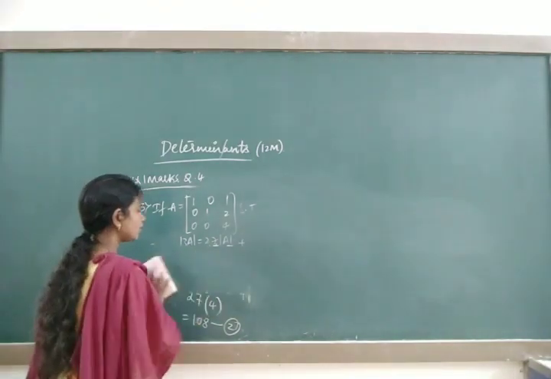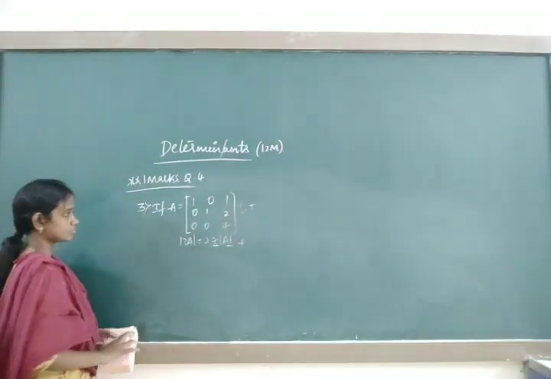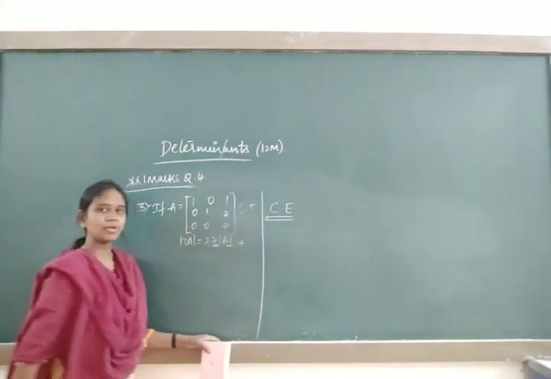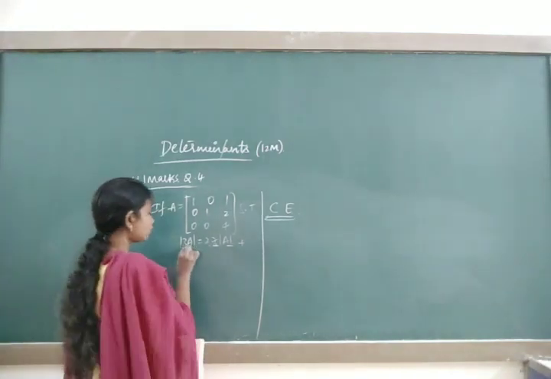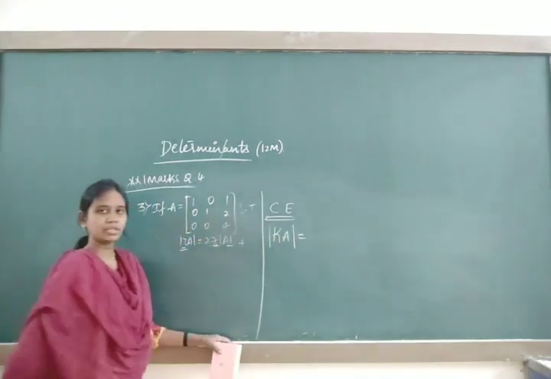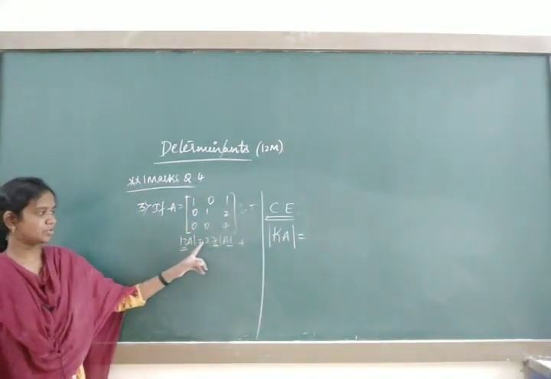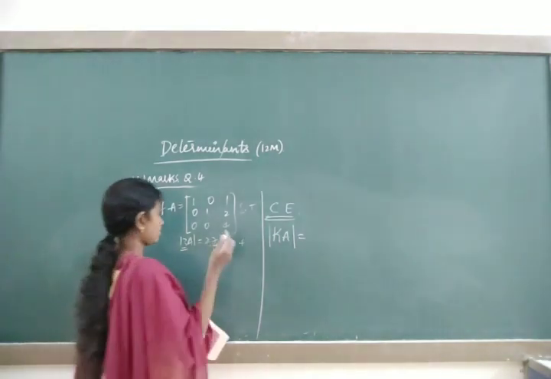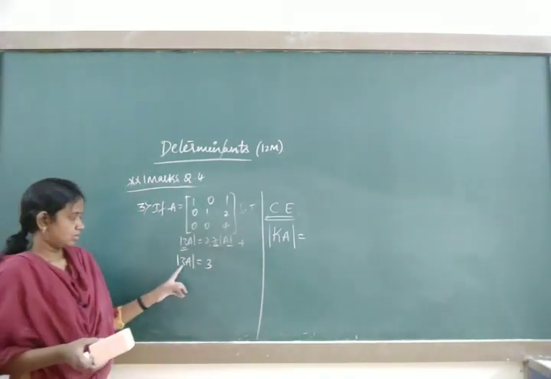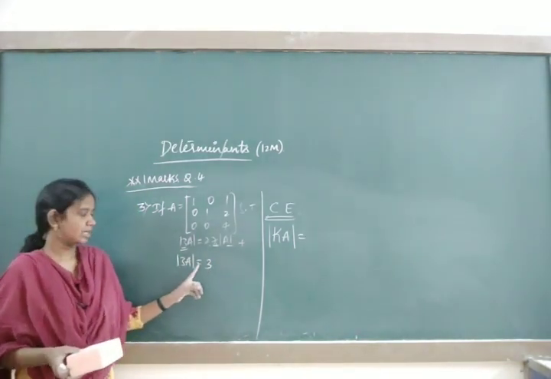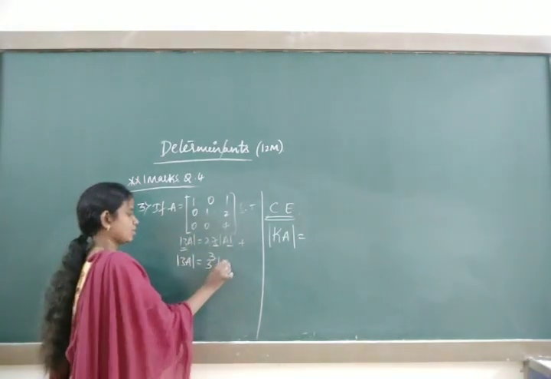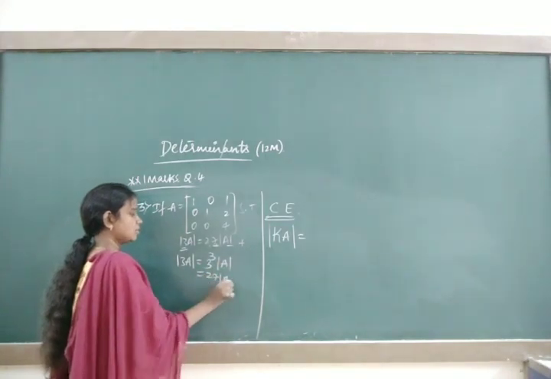Now from this we can write a general formula for competitive examinations. Instead of 3, if you take determinant Ka, see here, 3 means you write 3 here. This can be written as determinant 3A is equal to 3 times, of the same number you bring outside, 3 to the power of the order. The order is 3 cross 3, so you take 3. What will it be? 27 into determinant A.